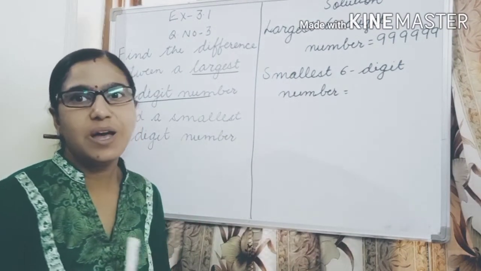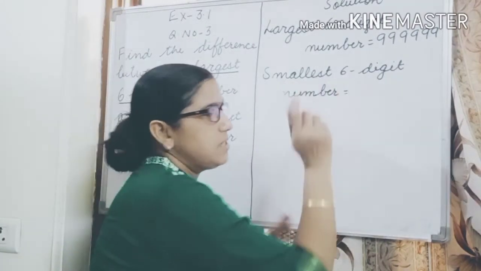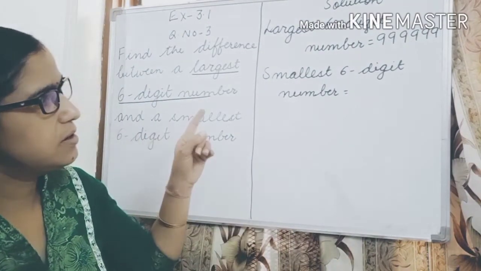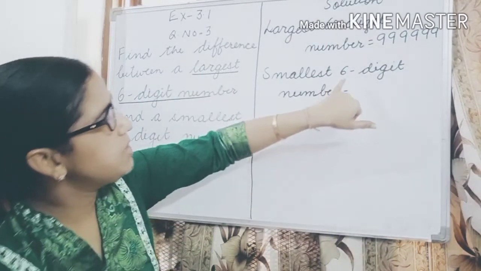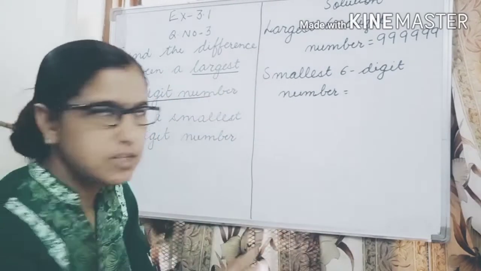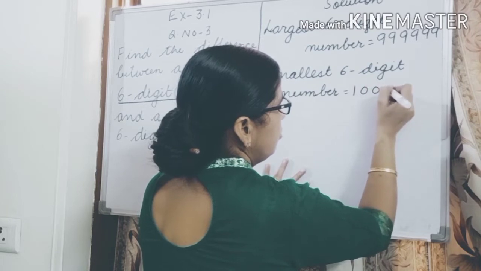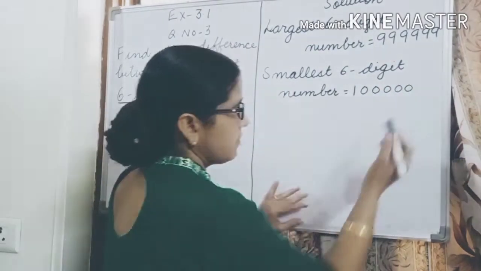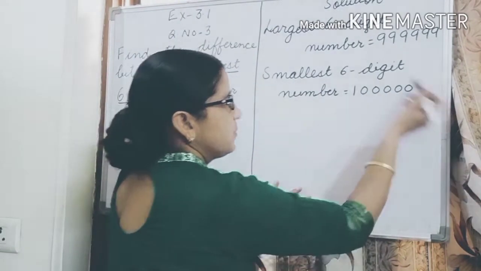See, how many digits are asked here? 6 digits are asked. Then first you will write down 1. Then 1 for 1 digit. And after taking 1, how many digits are needed for 6 digits? 5 digits are needed. Then we will write down five 0s. Now we will count how many digits are there. 1, 2, 3, 4, 5, 6. 6 digits are there. Now what is the question?